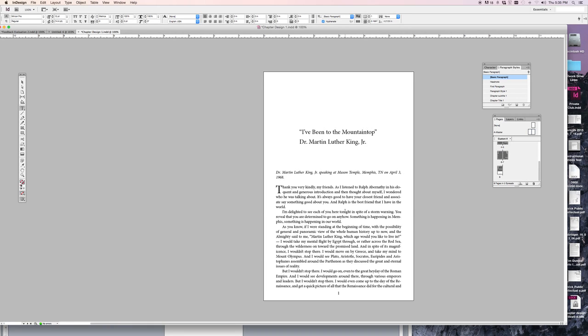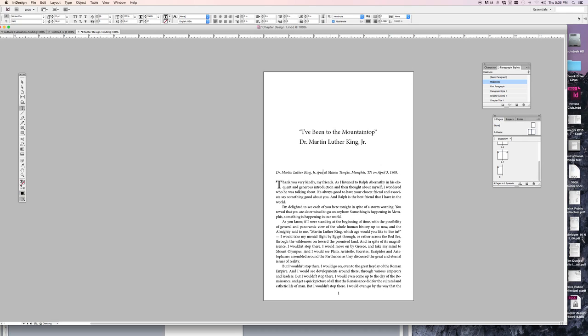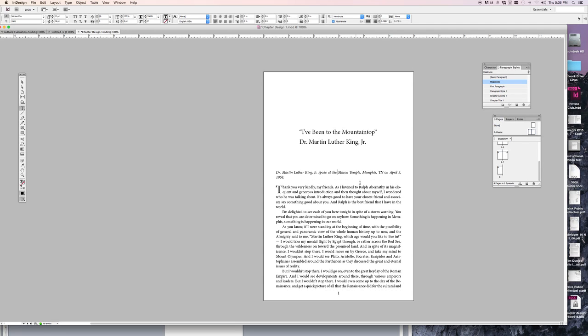It could use some more space, and the number is kind of crammed in there, and the number is bigger than the font of the body. And this is awkwardly centered, and this is not a sentence. So there are things you'd want to be doing to clean this up. So first of all, let's, instead of saying speaking, let's just say he spoke at the Mason Temple